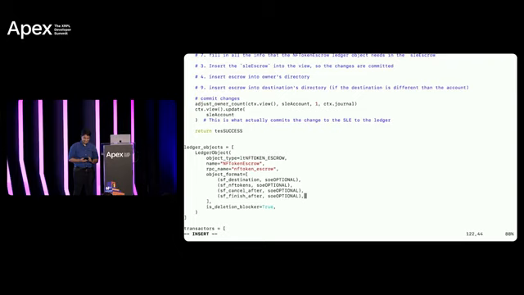Is there any way to apply fees to this process? Sorry? Is there any way to apply fees? Yes, so the default fee will be applied automatically. You don't need to worry about it in this. There's a separate function called calculateBaseFee that I'm not going into in this particular talk for time reasons, where you can adjust how some transactions have different fee amounts. You can adjust that in that method. Yeah, that's pretty much it